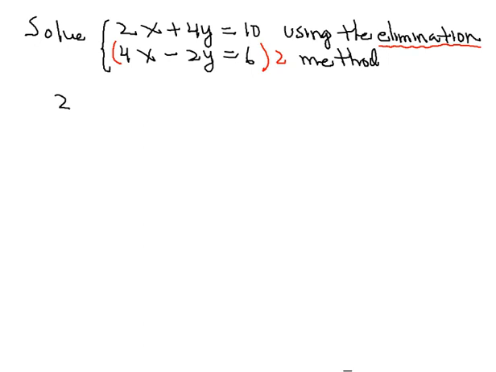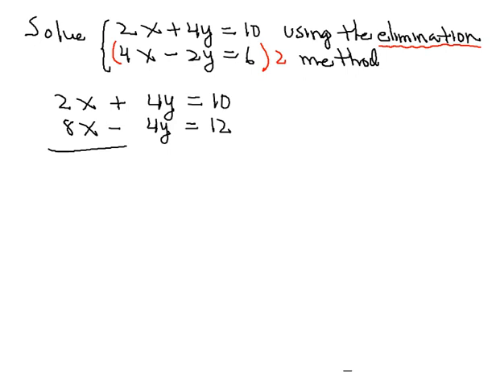Now the first equation will stay the same. So 2x plus 4y is equal to 10. And multiplying the second equation by 2, we end up then with 8x minus 4y is equal to 12. So you can see now that if we add the two equations, the y terms will drop out, and we're left then with 10x is equal to 22. Our x then is equal to 22 all over 10. And if we reduce that, we're going to get